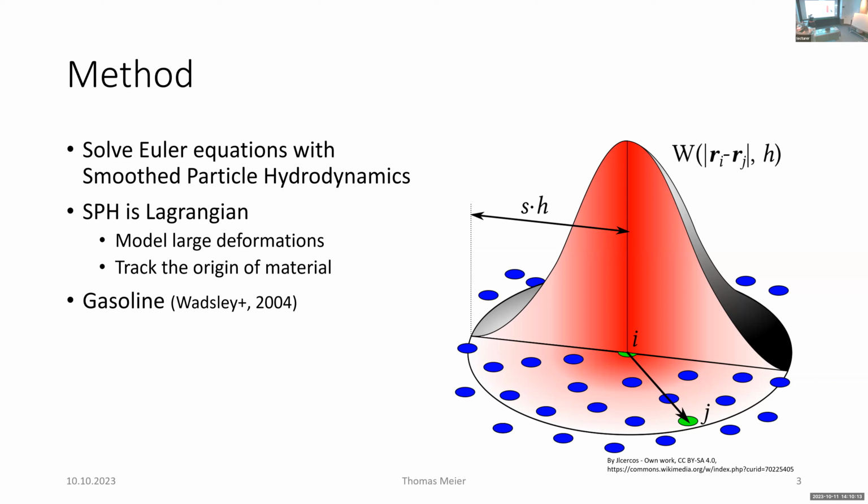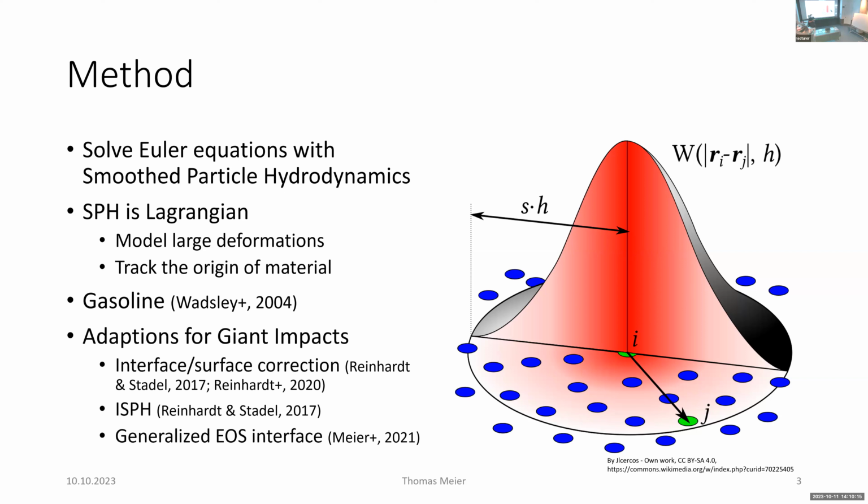And this code was then adapted to really do these planet scale collision simulations by Christian Reinhardt, mostly by adding an interface and surface correction, which I will explain later a bit, and ISPH, which I will also touch later again, and by me